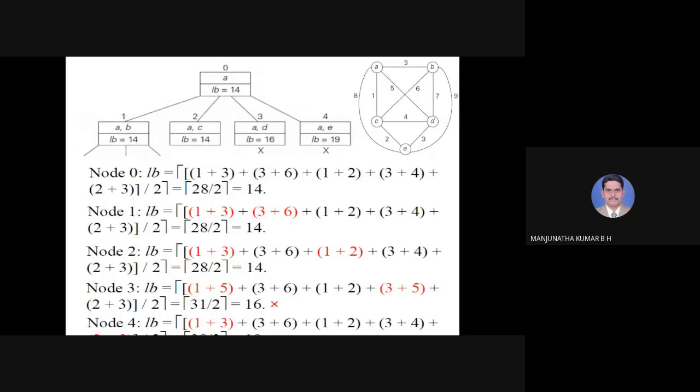1 plus 8 plus B no changes, 3 plus 6. C no changes, 1 plus 2. And D no changes, 3 plus 4. And E, the smallest nearest vertex for E is C, that is 2 plus, and another value should be the edge which is connecting E to A, and it should be 8. So please do the calculation. Here some mistake is there in node 4. First term is 1 plus 8 and last term is 2 plus 8. Please anyone do the calculation.